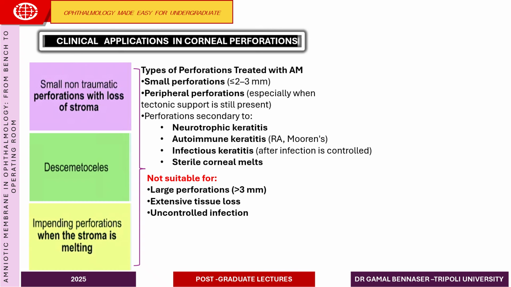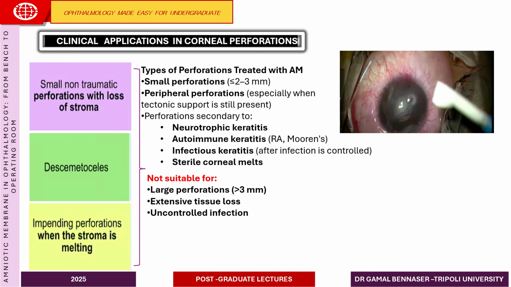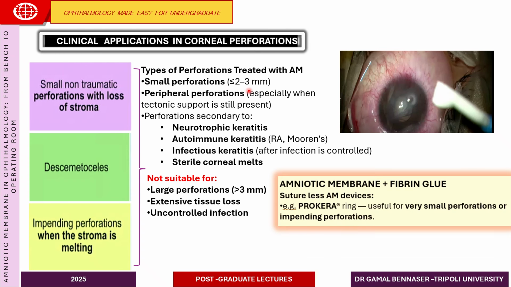Now we come to the clinical application of the amniotic membrane in corneal perforations. Of course, there are certain indications for the use of amniotic membrane in corneal perforation, especially used as a tectonic graft or support for the perforation, especially in the presence of small non-traumatic perforations due to corneal ulcer, or perforations due to autoimmune diseases, or due to infectious keratitis, or sometimes corneal melting. So in these cases, provided the lesion is less than 2 to 3 millimeters, it can be treated with sutureless